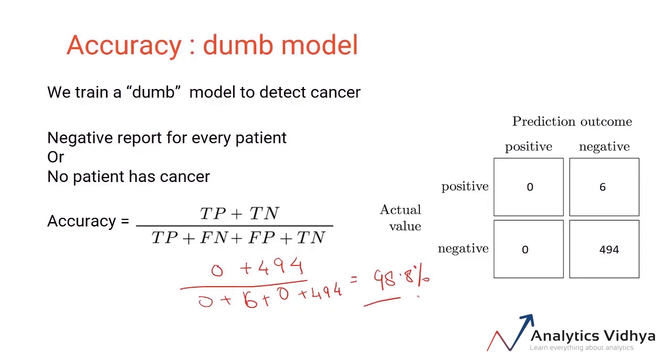In reality, using accuracy as an evaluation metric on imbalanced data is not a great idea, as we saw in the example here. In order to evaluate the classification model properly, we need to look closely at the confusion matrix to find some better alternatives. Let's look at what those could be in the next video.